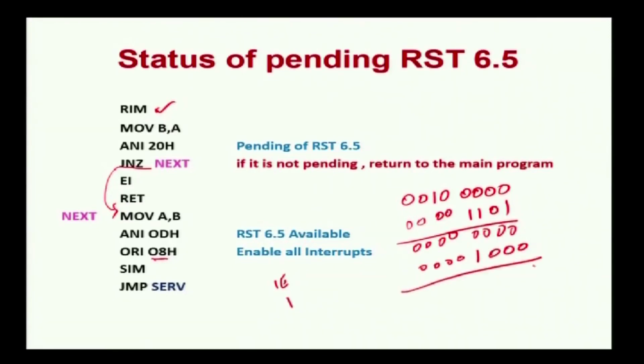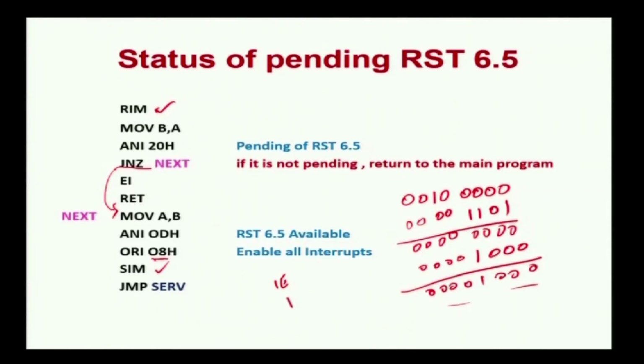signals are 0. Now, we get the value 0 0 0 0 1 1 0 0, because logically OR means if any one of the signals is 1, we get the value as 1, otherwise the value is 0. So, here 0 OR 1 we get 1. So, 0 8 we get. After running the SIM instruction, the content of the accumulator, which is 0 0 0 0 1 0 0 0, will be loaded to the processor.